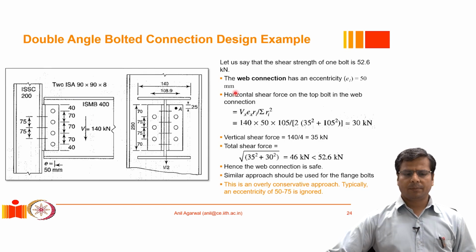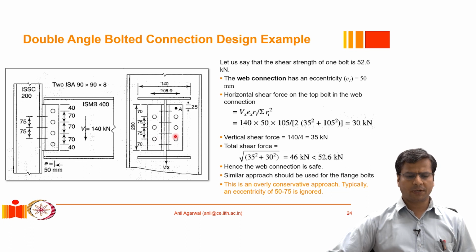So let us do an example on a bolted double angle connection. The example is pretty straightforward. You can see this beam, an ISMB 400 beam, is taken. It is subjected to a shear force demand of 140 kilonewton. Of course, at the ends, this is meant to be a simple connection, so we don't have any moment acting at the end. And this beam is supported by a column, which is an ISSC 200 column,